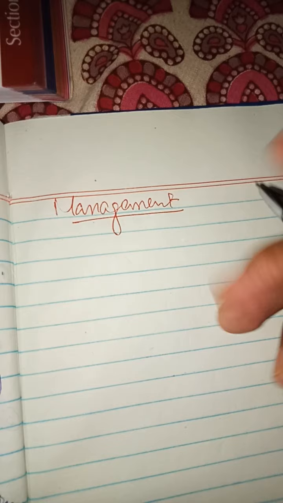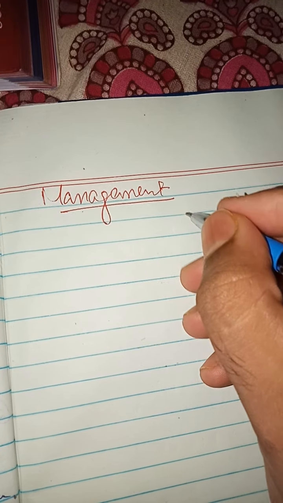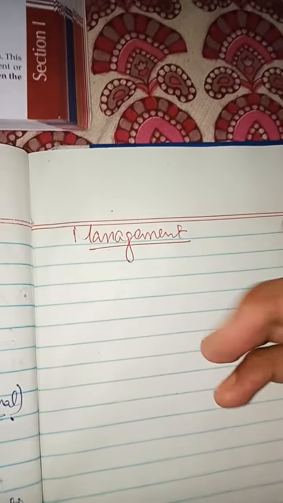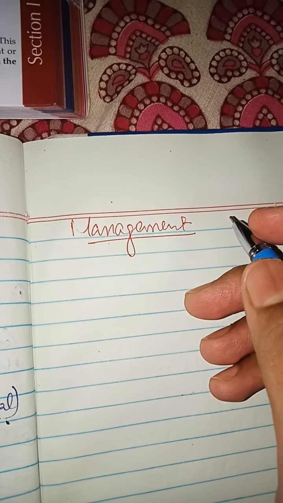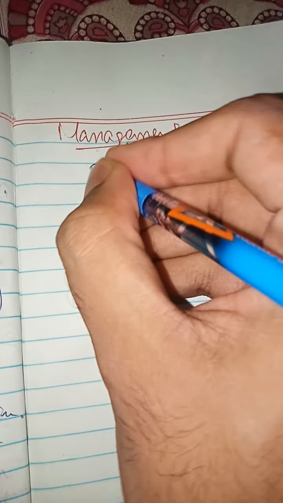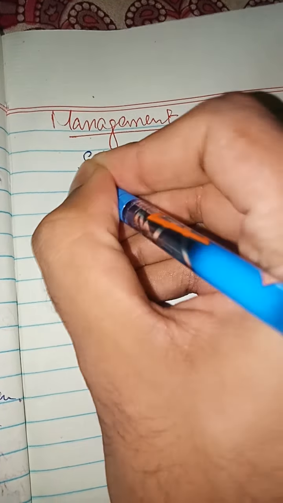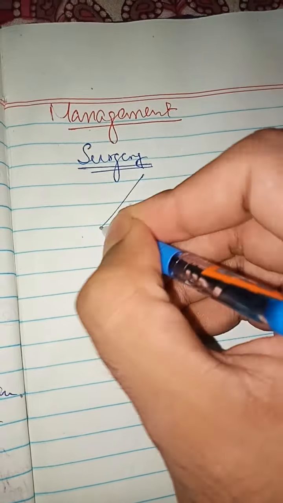But we can just prescribe some antibiotics to the patient or do ear toilet, but we cannot make the ear dry by that. So for the surgery I have to make the ear dry. So what are the surgeries involved? One is myringoplasty, second is ossiculoplasty, and third is tympanoplasty.